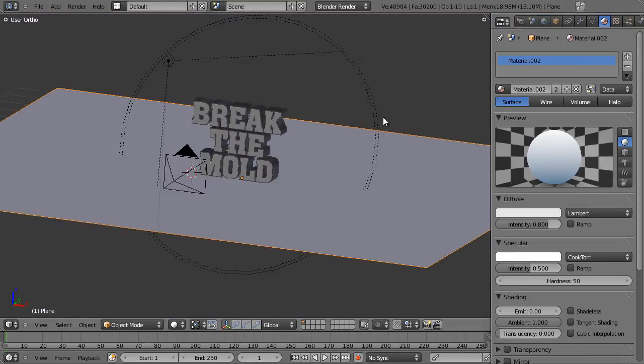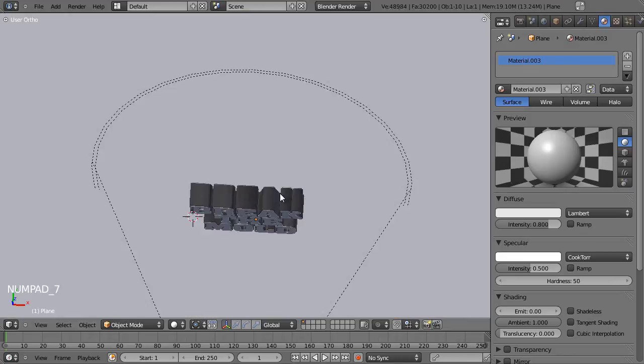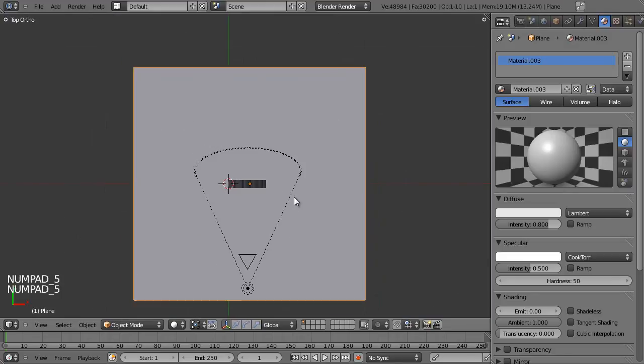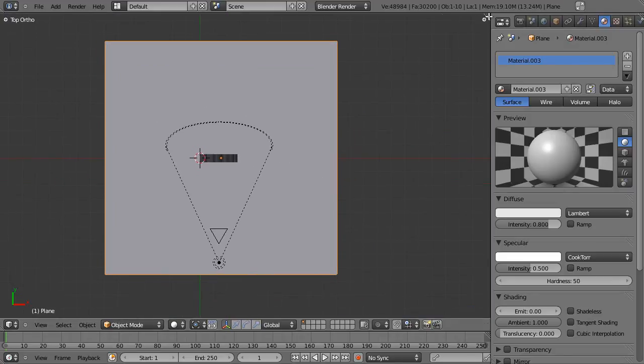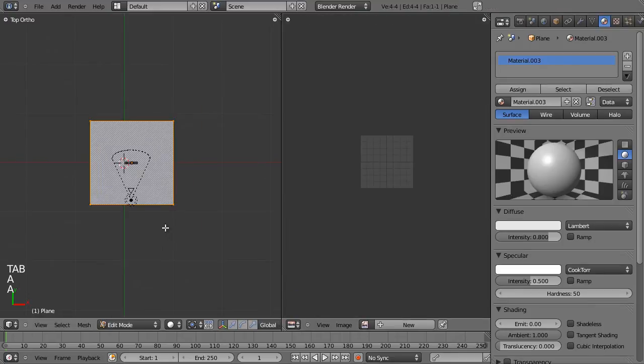So we've got both planes now using the same material. So I'm just going to delete that one right there, and I'm going to add a new material. Okay, so it's a fresh new material. Now what I want to do is UV unwrap that plane. So we're going to do that very quickly right now. UV image editor, and then select U,